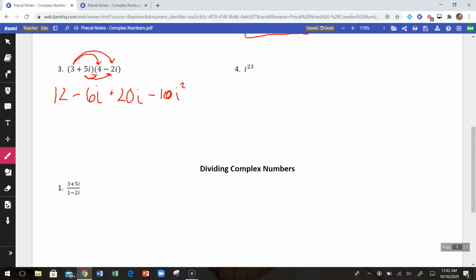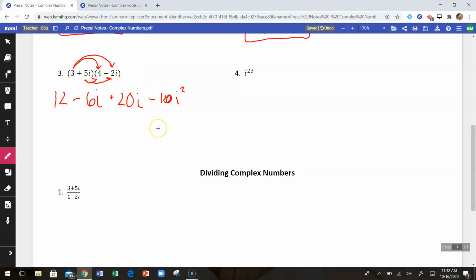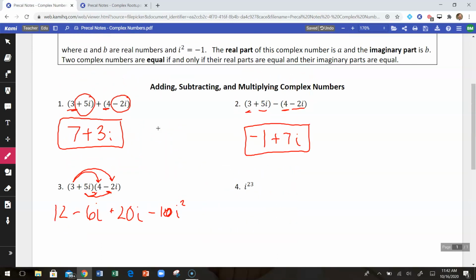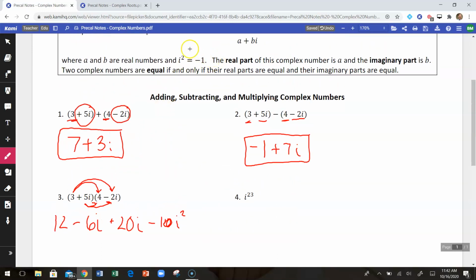The reason that we get the i squared, just think about that as if it were an x. It would be the same thing. It would be x squared. So just make sure that you understand that when you multiply two terms with i, that you make that i squared. Now, in order to simplify this, we need to understand another concept, and that is that i squared is